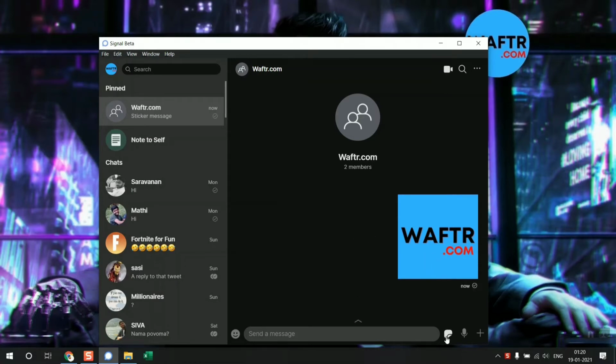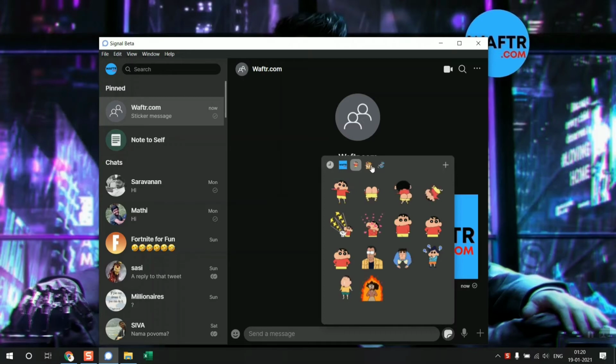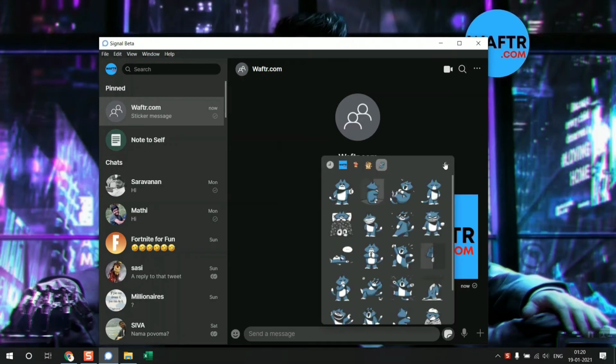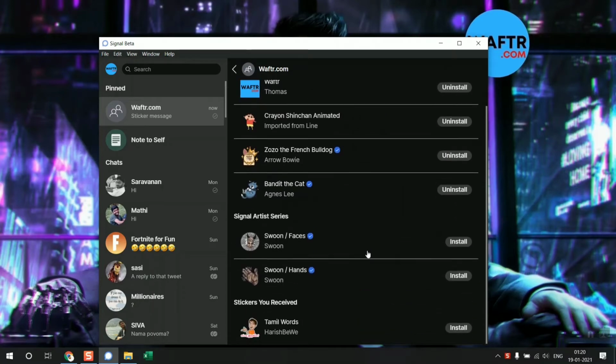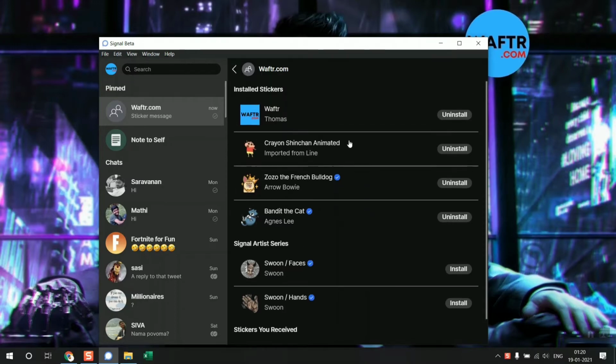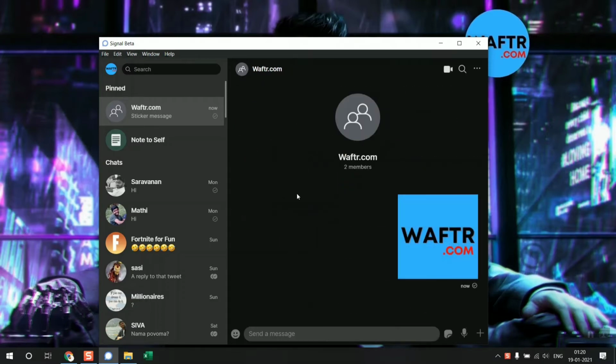I'm going to walk you through that, but before that, please see the video which I'm giving in the iCard above to know how to install and use your Signal app on the PC. And since we have limited options on the stickers here, I have also made another video on how to use custom stickers from third-party websites. So now let's get started on how to use and create stickers from the Signal app.